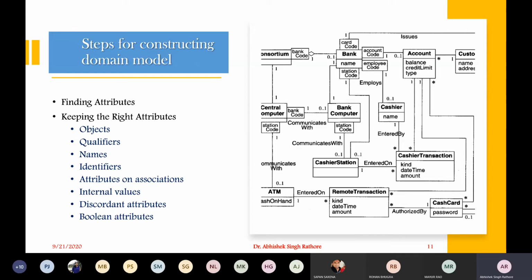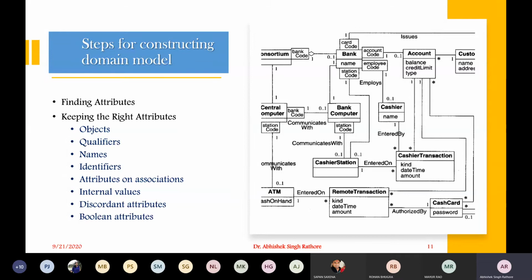Now, in addition to identifying these attributes, don't go for too excessive attributes. We don't want excess attributes right from your first model. So you can go for only a sufficient number of attributes that are more important in the initial phases, so that we can identify the right associations between your classes. So this is how we can find attributes.